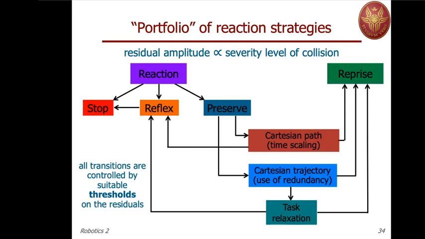In the same way, if you have a Cartesian trajectory, so you want to keep now both the path and the timing law, the full trajectory, and your robot is redundant, because otherwise this option cannot be pursued, then you may try to preserve the whole task until the collision is passed, until the contact force that is preventing you from doing what the robot was doing is